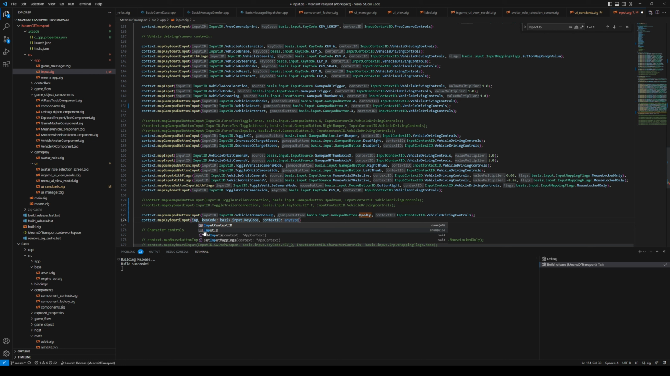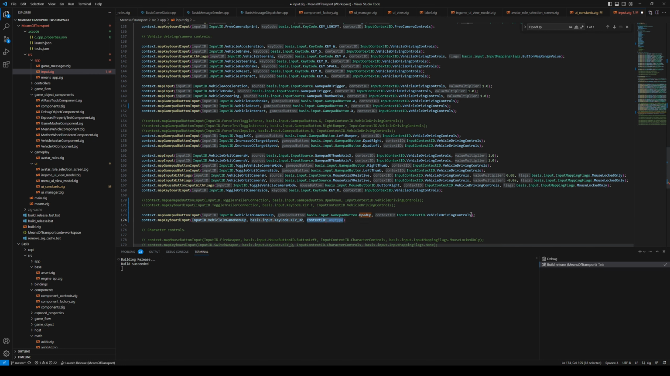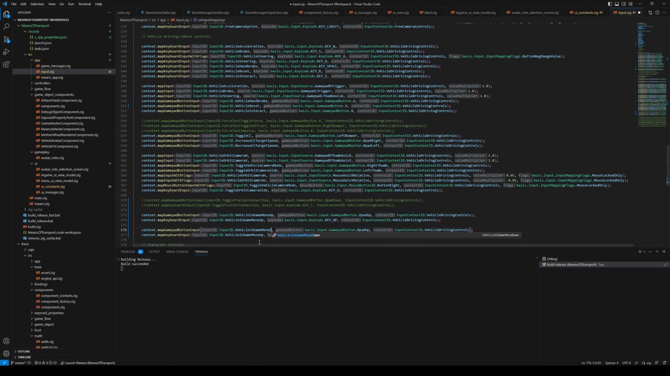So now we want to map keyboard, and we want to map keyboard to the same input ID. So vehicle, I'm just going to call menu up, and then we have basis input key code, maybe, and then key up, like that, and we want the same context, like so. So now we have this up mapped, and it will work with both keyboard and gamepad. And now then we do the same thing for down, and this would be down, and this would also be down,